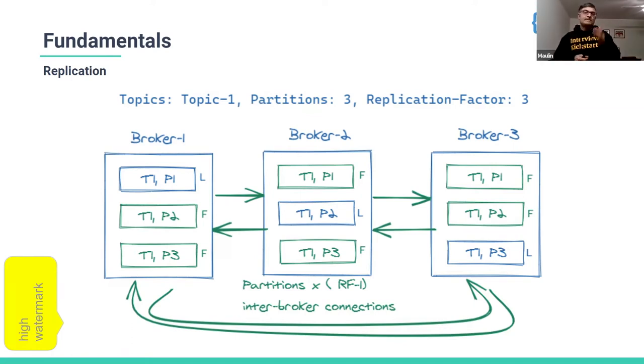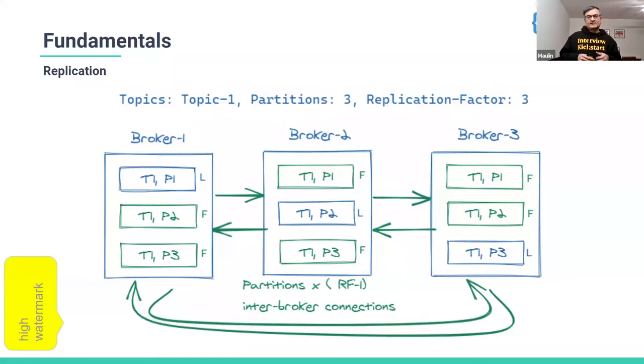The other important part to understand is, because there are multiple copies of your data, somebody needs to be the master. And that master copy of a partition in Kafka is called a leader partition, which I have indicated with the letter L along the partition boxes in the broker boxes. So as you see here, broker 1 hosts the leader partition T1, P1, and that's the leader of that. And broker 2 and 3 have copies of T1, P1, and they are called replicas or followers.